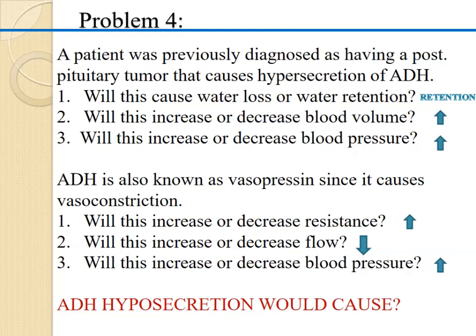You'd have too much water loss and hyposecretion. So that hyposecretion is sometimes called diabetes insipidus, where you're peeing a lot because of all the fluid loss, but you're peeing way too much. So it seems like sugar diabetes, but it's diabetes of a different kind. Insipidus, caused by another problem with the